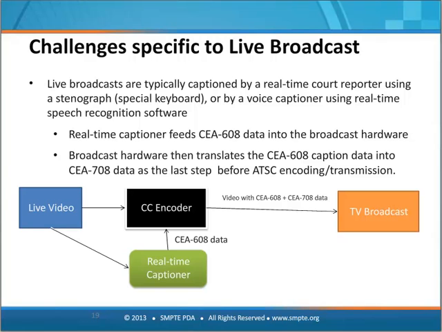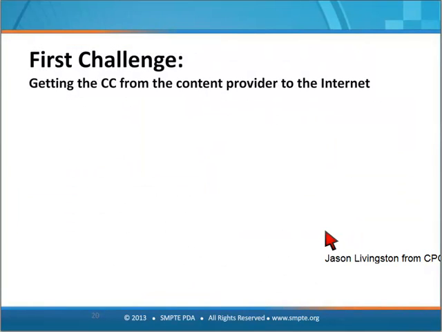The way captioning works is that the real-time captioner gets the video feed and creates the captions using whatever method. What they send to the TV station, to the encoder, which is a piece of hardware that sits at the TV station, this thing here, is 608 data. There aren't any real-time captioning systems that send 708 data. So they just send 608, and the encoder internally translates the 608 up into 708, embeds it into the video, and out it goes for TV broadcast, out to air, or out to the cable plant.